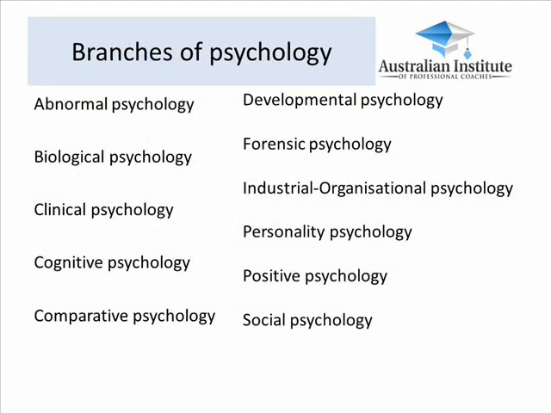Over the years, many branches of psychology have emerged as a result of experimentation and theoretical endeavor. These include all of the areas you can see on the slide. The branches that have contributed most to the development of the coaching movement are those of cognitive psychology, in terms of how coaches work with people to change their mindset and hence their behavior; social psychology, from the perspective that most learning occurs in social situations, that is, we learn from each other; organizational psychology, which is particularly important from an executive coaching point of view; and, to an extent, developmental psychology, which contributes to our understanding of how people